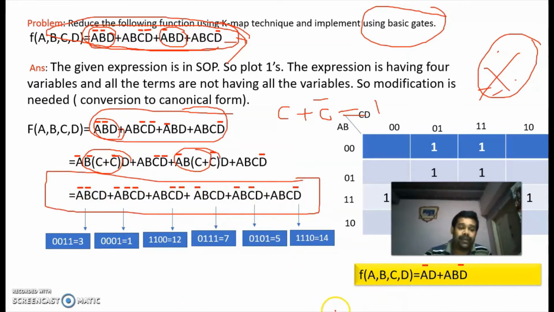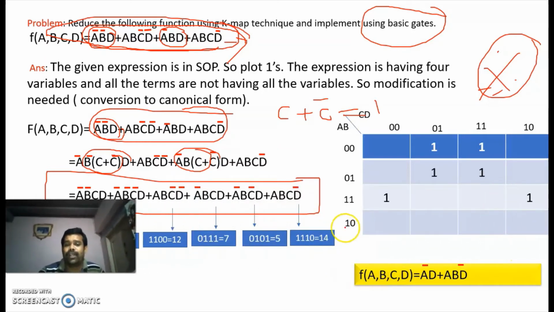Then you have to convert these min terms into binary. Then you have to convert that binary into decimal. Then you have to plot. So the first thing is you have to check the Boolean expression. The Boolean expression is not in the standard form, that is, all the terms are not having all the literals. So the missing literal you have to add. That is, multiplying 1 with any number, value will not change.